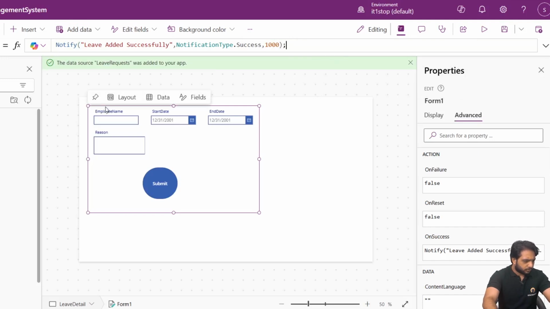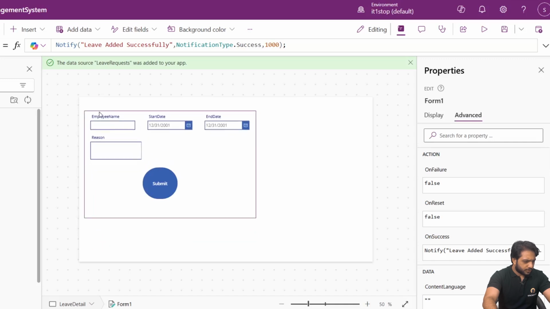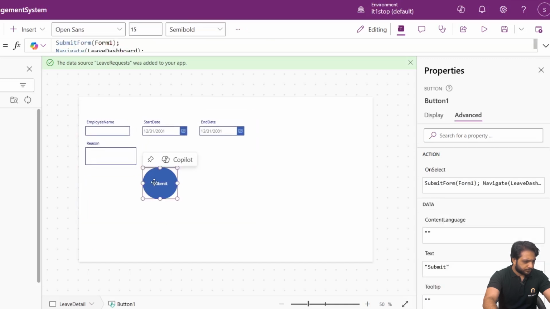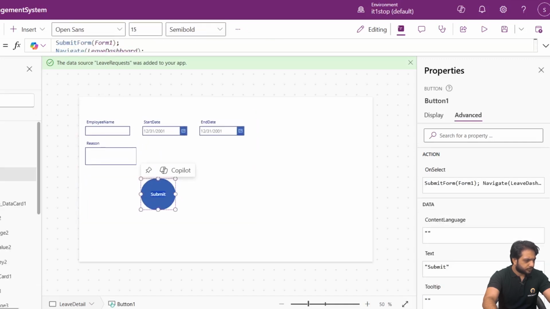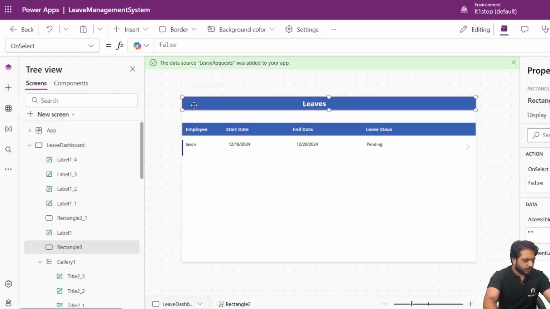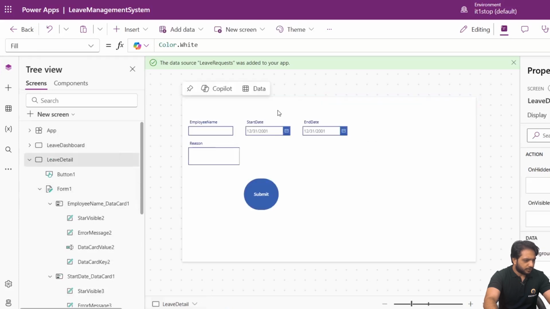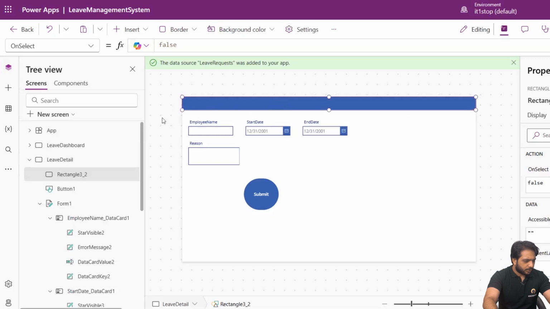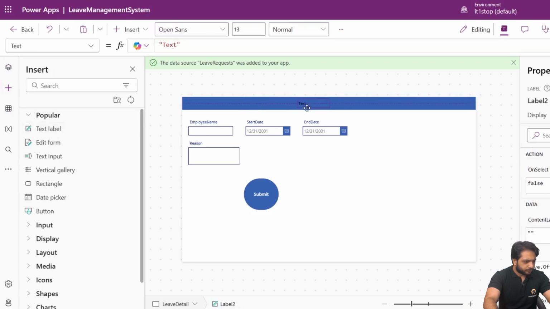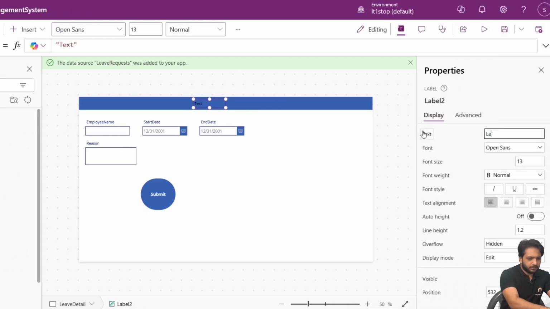Also, I will just place it here, and in my leave dashboard I will copy the rectangle, and then I will go to my leave detail, and here I will simply click paste. Now here we also add a label. It will be leave detail,